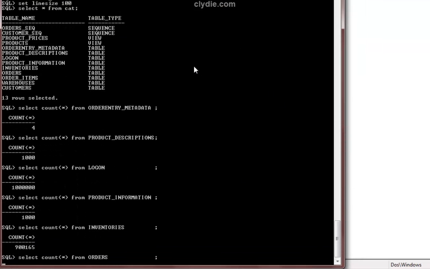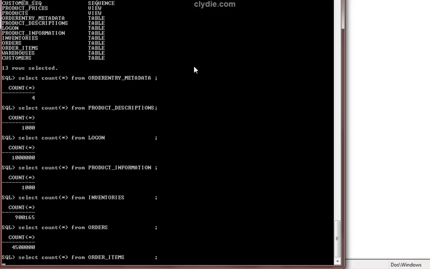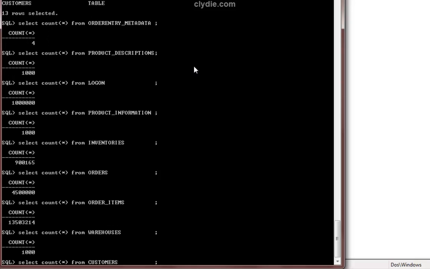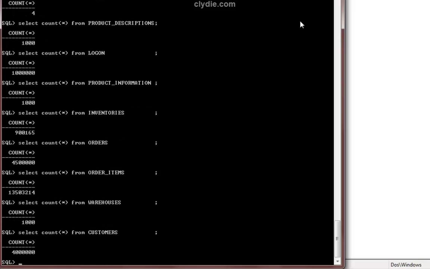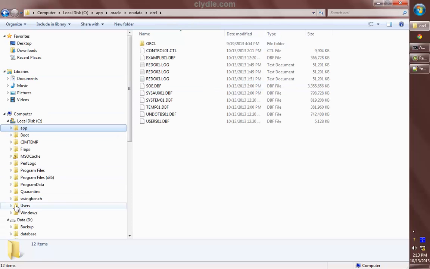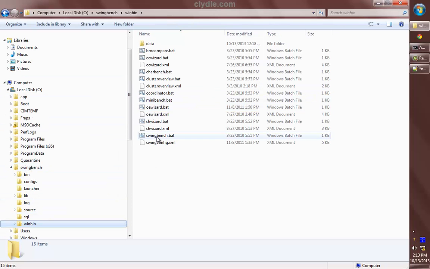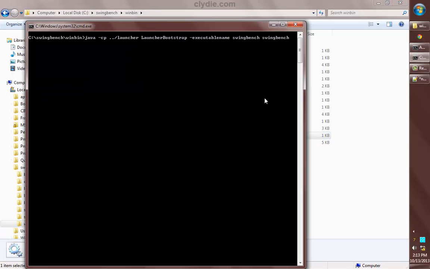Now you see that the SOE schema holds a huge amount of data, with the order items table alone containing 13 million rows of data. Let's start the test by executing swingbench.bat from the winbin directory.